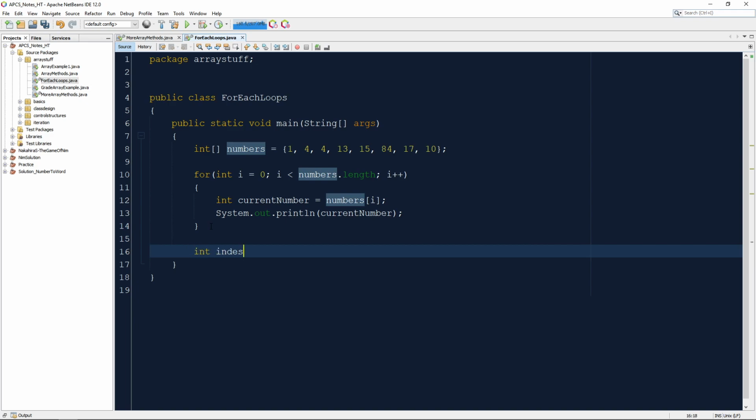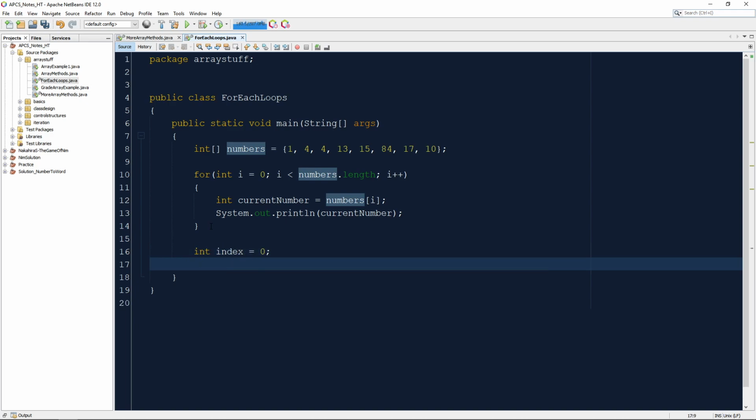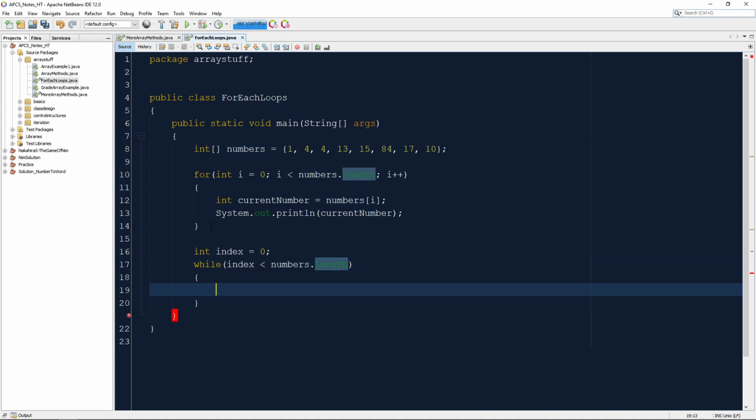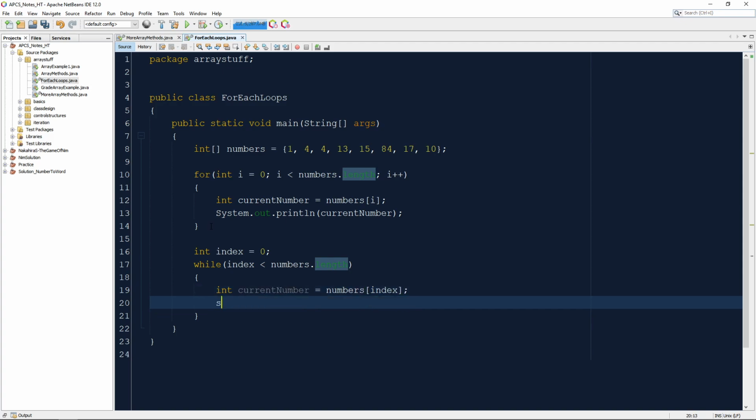So I'll make a variable called index. We'll start it at 0. We'll say while our index is less than numbers.length. You can see the parallels here. We would go ahead and create our temporary variable. We will say numbers at index, and then we would print it out. Oh, current number, we'll print out, so again, to use the variable. And then the last thing would be the